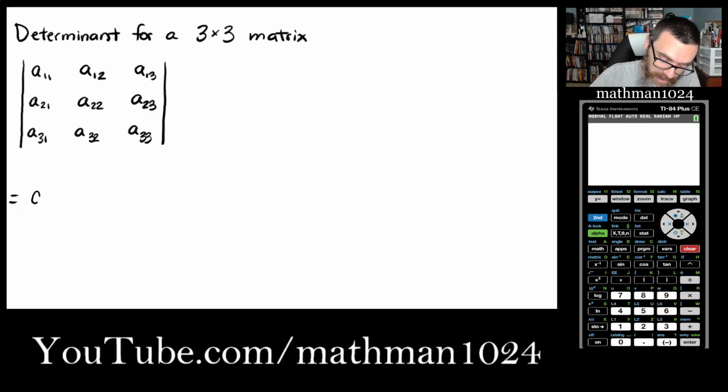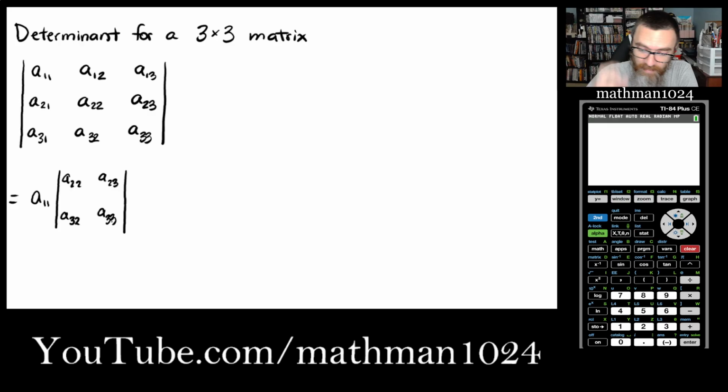So it's going to be taking A11, or the entry in the first row, first column, times the determinant of A22, A23, A32, and A33. Now the way that we are forming that is by looking at this A11, and we're going to strike out those guys right there. And the little 2 by 2 that's left over is going to be the one that you see right next to the A11. And then we say minus